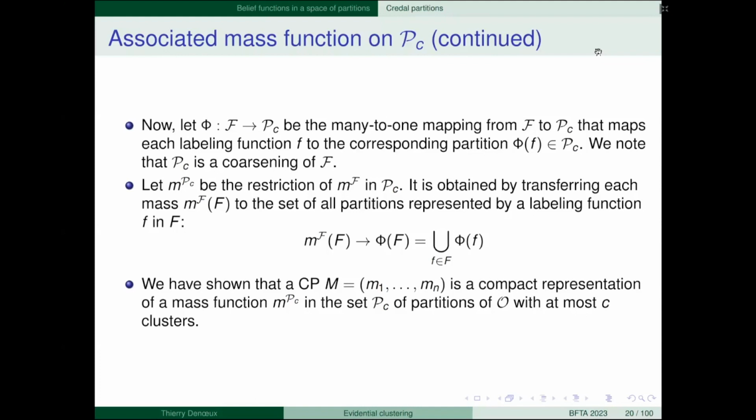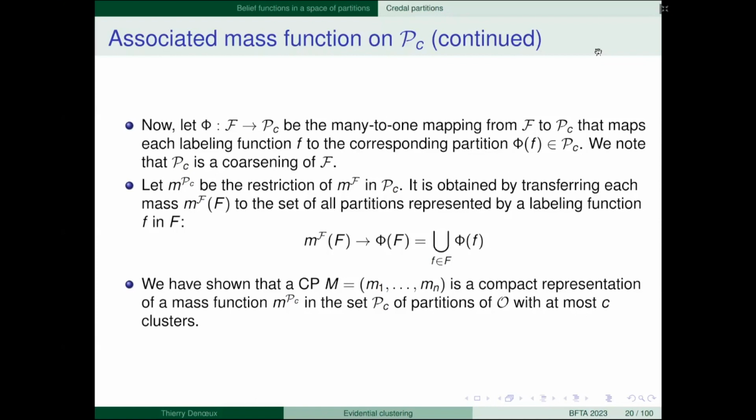Actually, you see that this set of partitions, P sub C, is a coarsening of F, okay? Because each partition corresponds to a subset of labeling functions. So I define the restriction. I denote it like this: M superscript P sub C. The superscript is always the frame, okay? When using mass functions with different frames, I use this superscript notation.